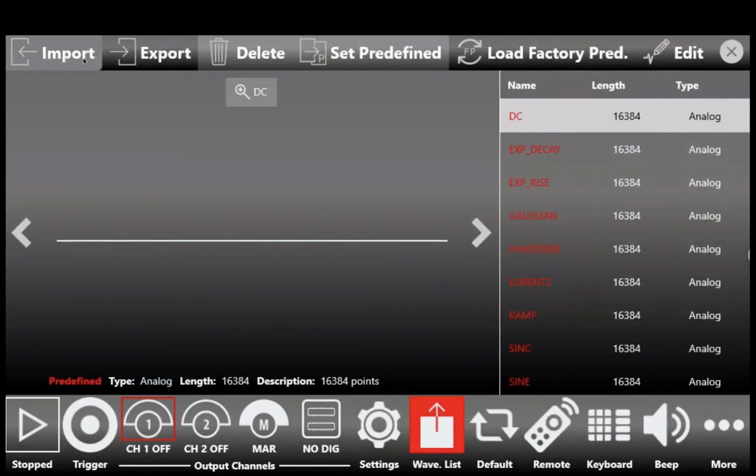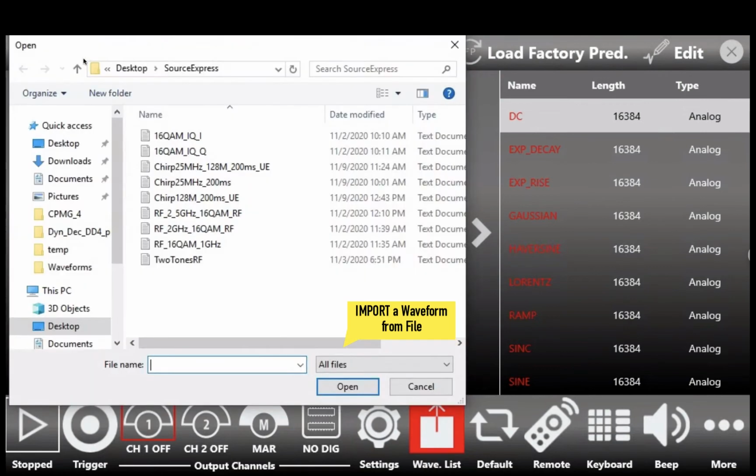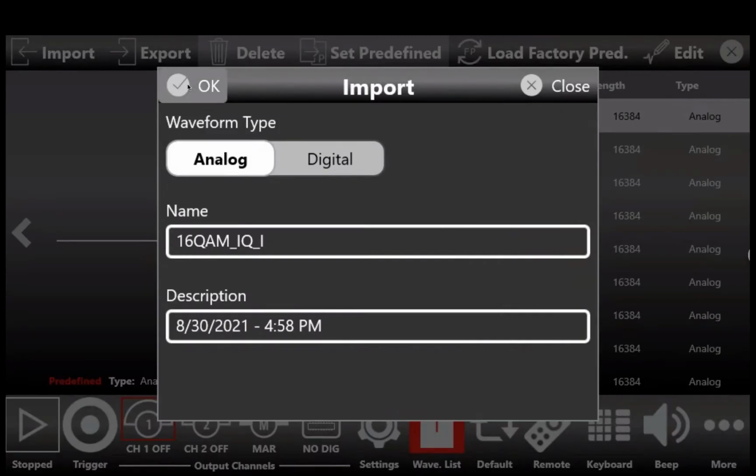Now we will create a 16 QAM signal starting from the I0 and Q0 baseband signals. We will import two waveforms called I0 and Q0 from TXT points.